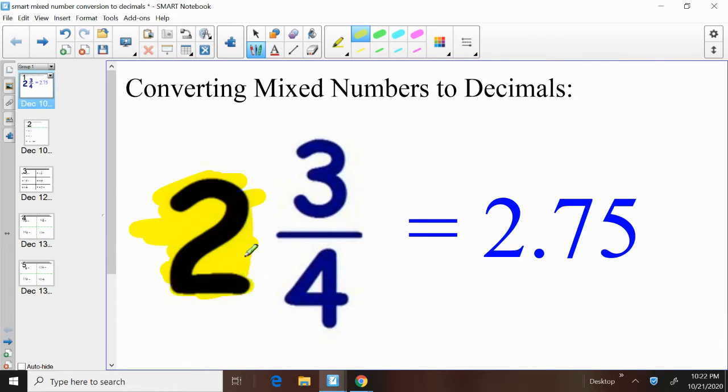So both answers have a 2. So what's different? What's different is here we have a fraction attached to it. It says 2 3/4. Over here, 2.75. So really what's different between them is